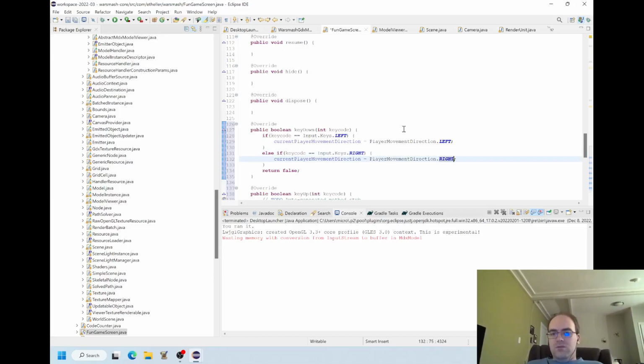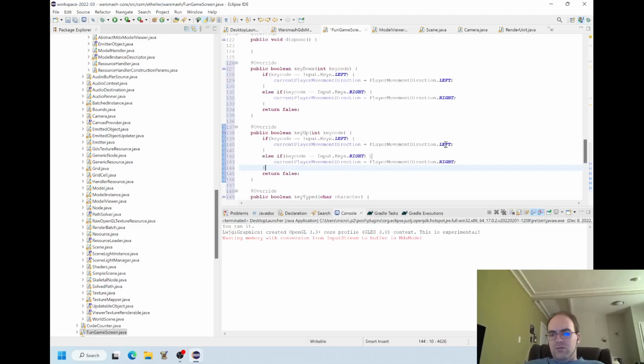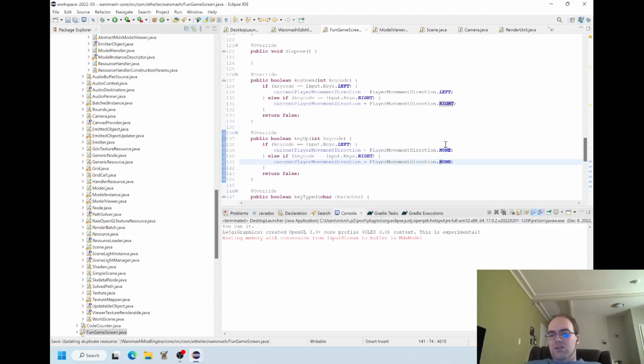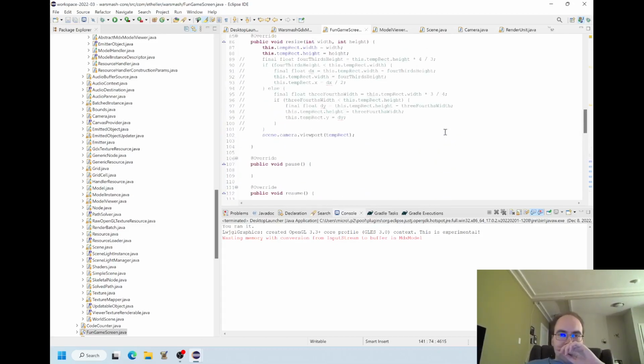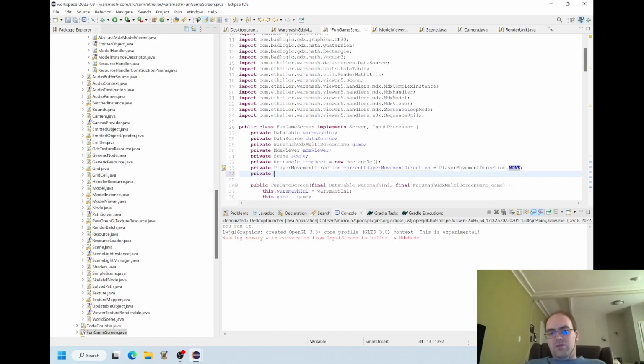And then basically my thought would be, if we do a key up, then in either case, I'm just going to set it back to none. So this gives me the ability to essentially say that the player has some kind of player position. It's going to move back and forth. And yeah, let's just make a vector 2 of that, because it's really just x and y.